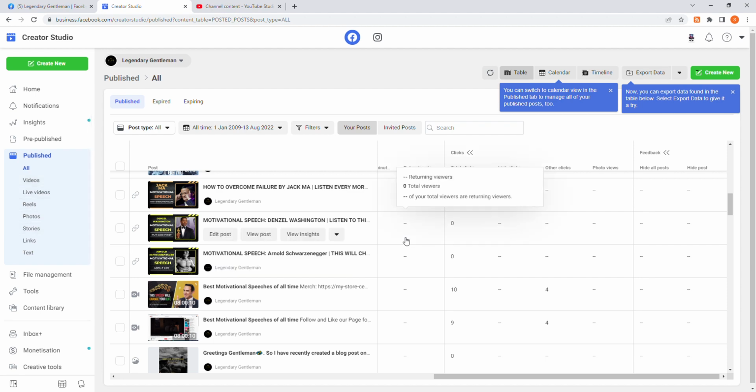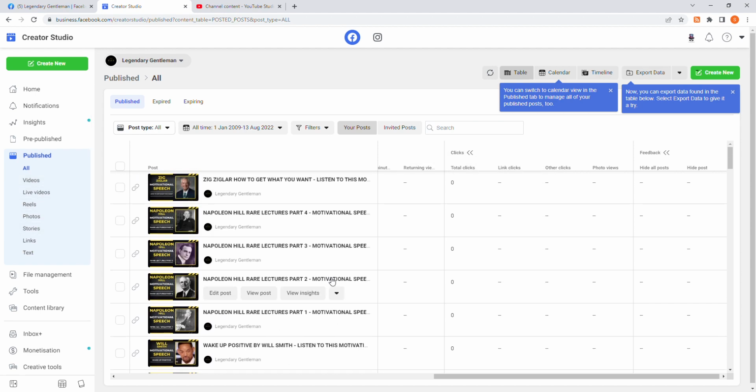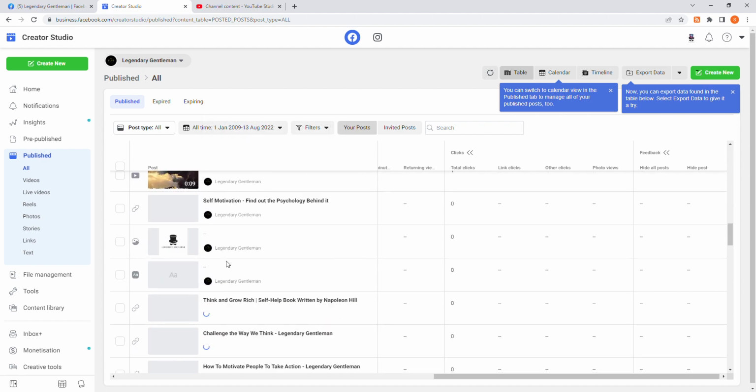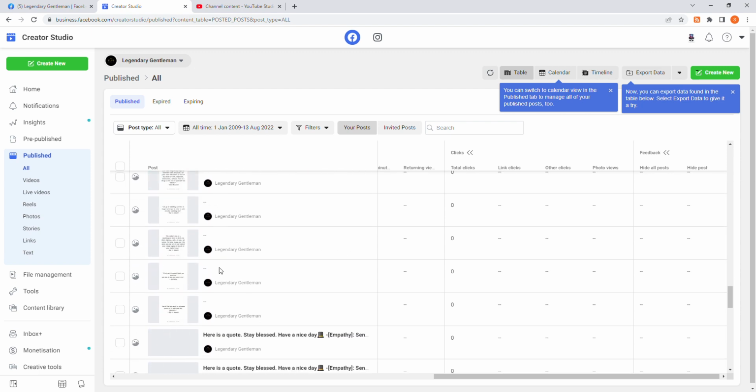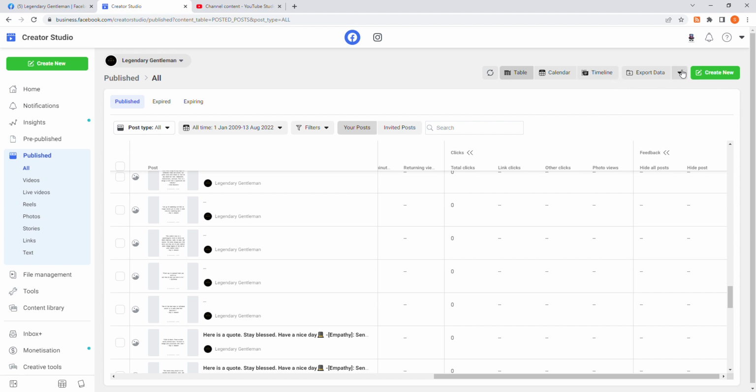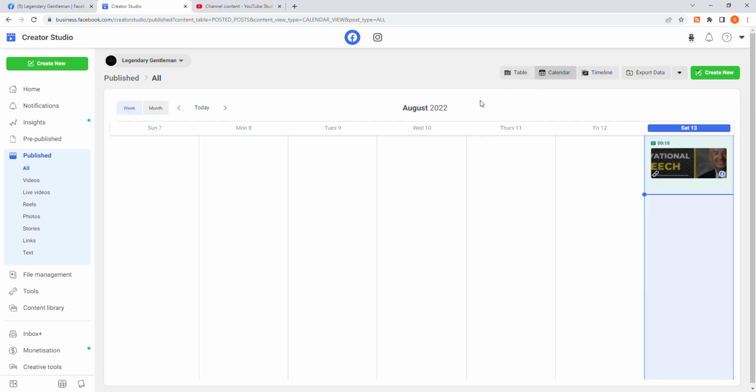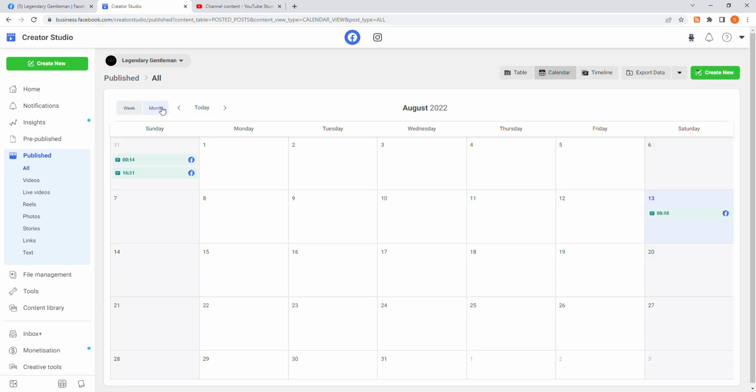Okay then, I hope that covered most of what that's all about, but basically publish just means all the pieces of content that you've basically published on your page, and you can swipe down and check all of it. If we just close these here and we go to the calendar, we can see, if we move to month actually,